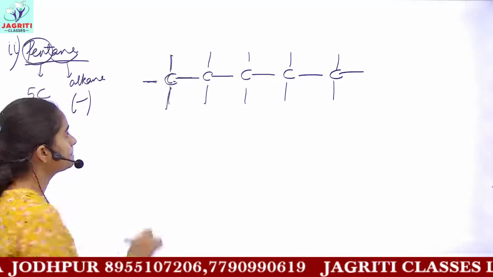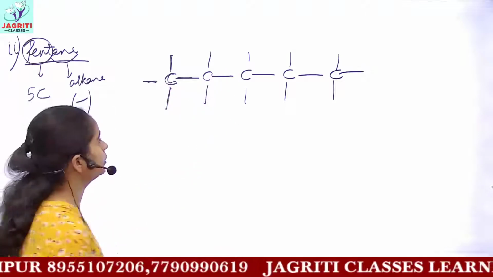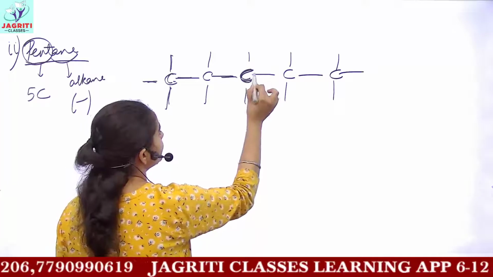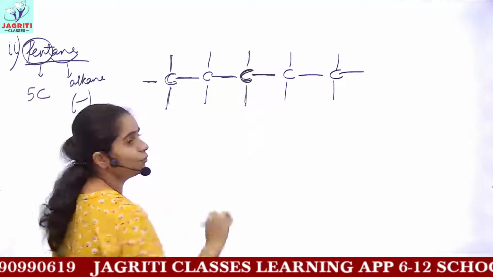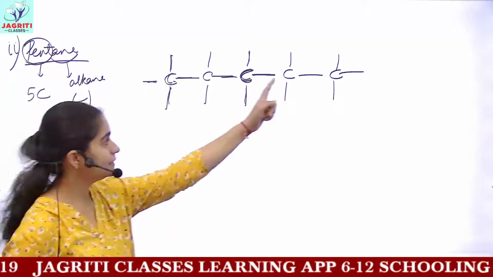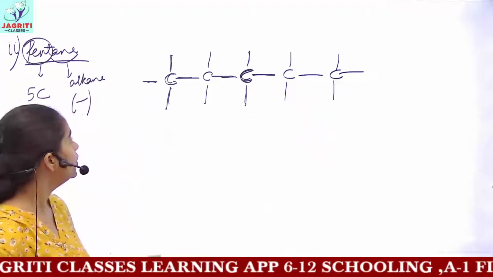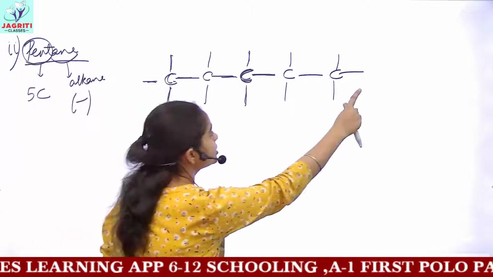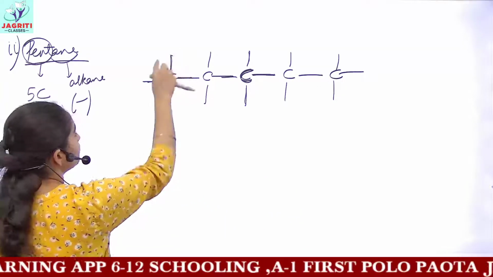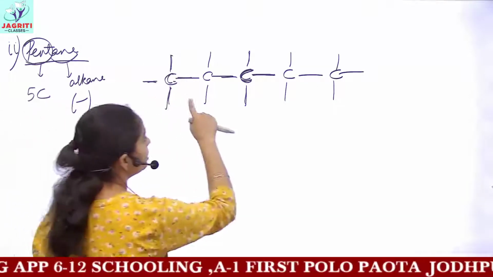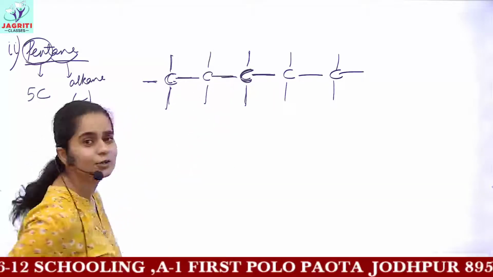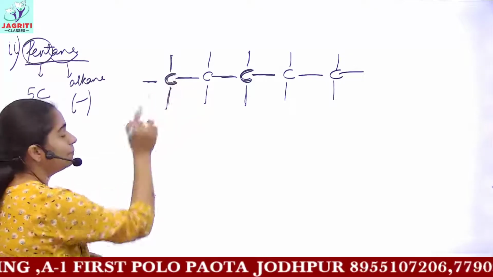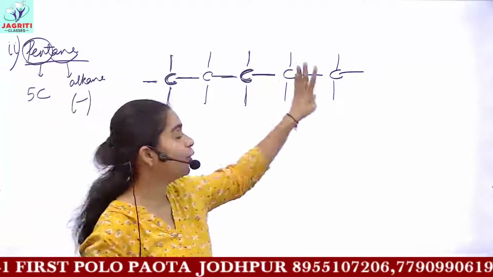Remember this. Make 4 bonds for each carbon. Talking about this, have I completed the 4 bonds? 1, 2, third one above and fourth one below. So each carbon is having 4 bonds with itself. You can also remember this by a trick that the first and the last carbon would be drawn with 3 valencies, and the middle carbons will be drawn with only 2 valencies. But you can easily memorize that you have to complete each carbon by making 4 bonds.